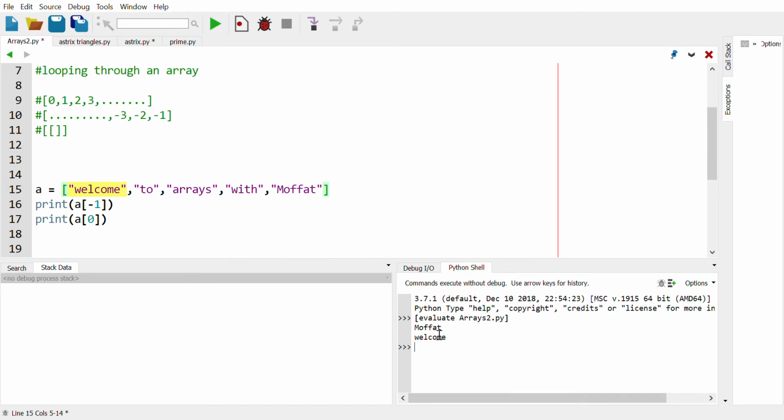What if I wanted to print the second last using the negative indexing? It would be -1, -2, just like I did here. -1, -2, -3, up until the start of your array. So I can print -2 and